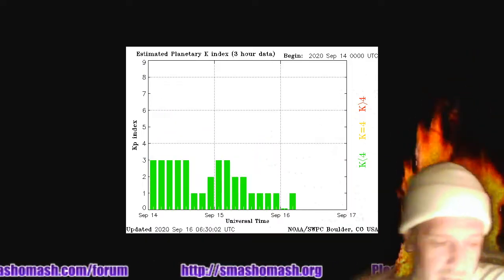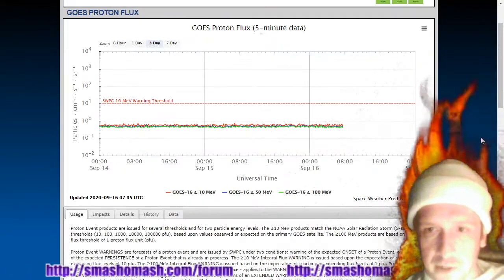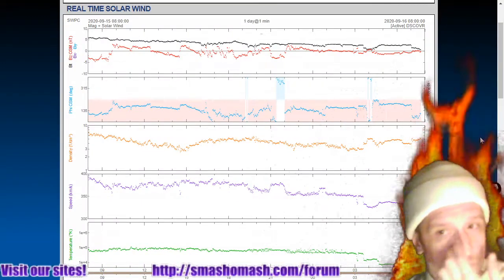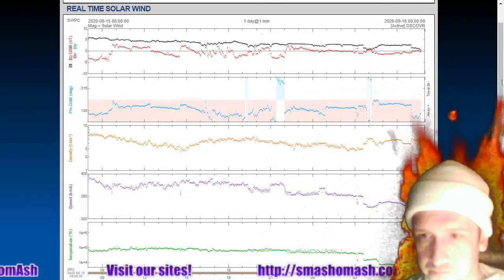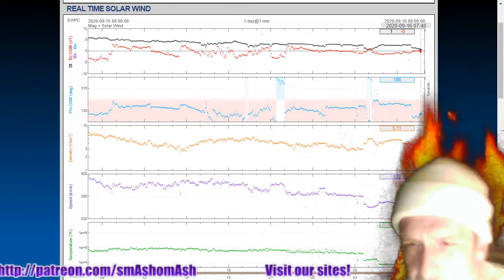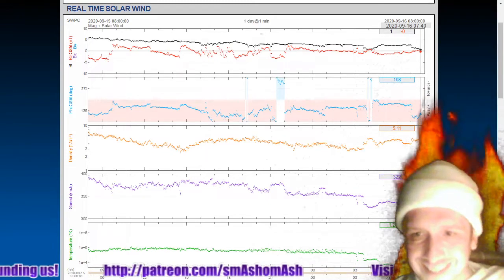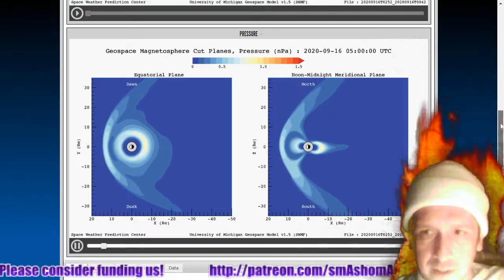KP index, a measurement of global geomagnetism, is at 1. We don't see any solar flares or proton events striking. And here's the real-time solar wind. We've seen a ramp down in the solar wind velocity. Quite low levels there. A weak solar wind, 5.1 protons per cubic centimeter is the density, and 322 is the solar wind speed, so pretty weak,